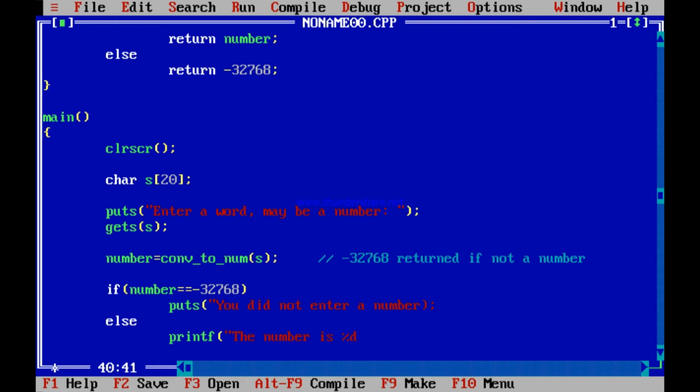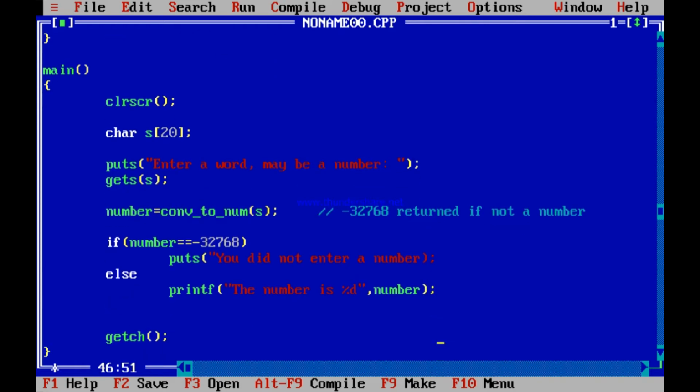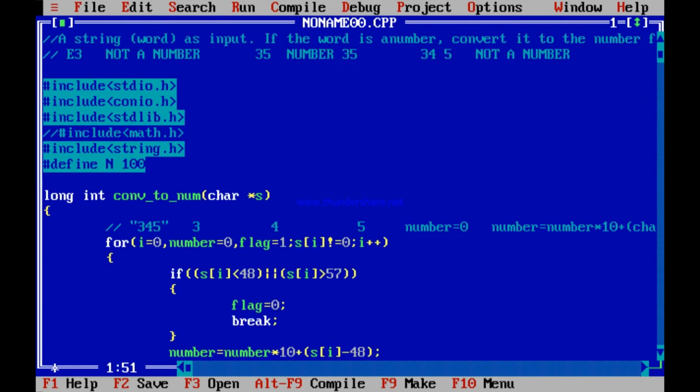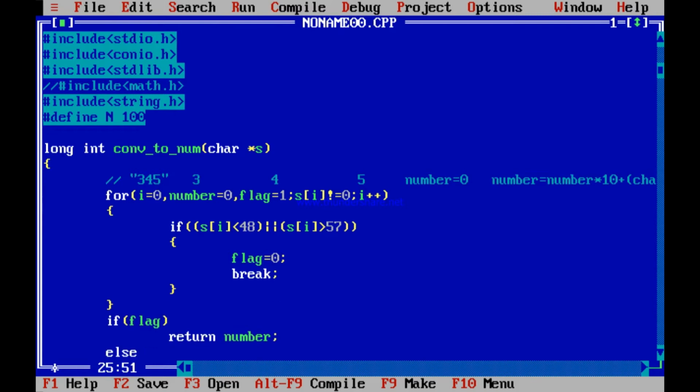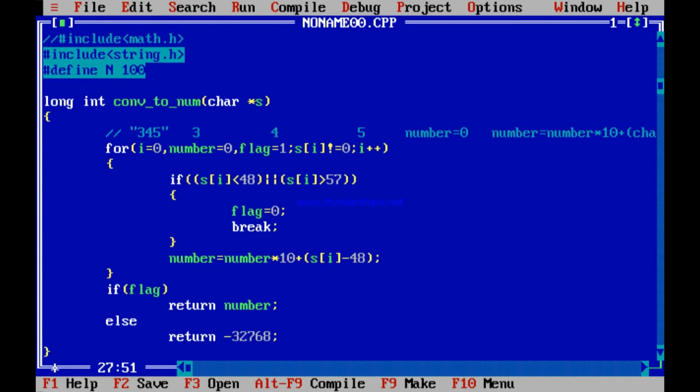See, you had scanned a string, check this, you scanned a string, but you are outputting an integer. The string has been converted to an integer. If it is a number, it has been converted to an integer. The number is %d, then number. So this will be printed now. So your getch after that will work normally. So this program should also work normally, and I should save this firstly.